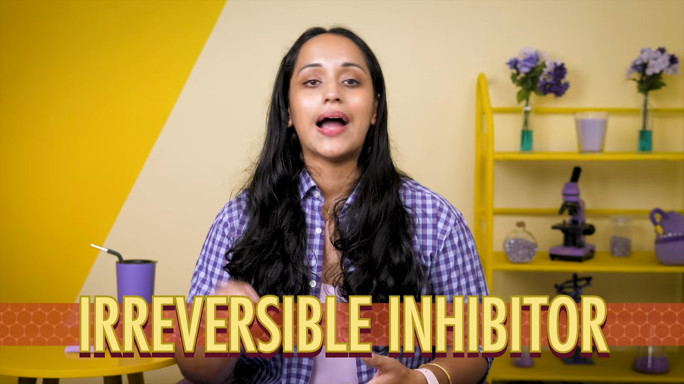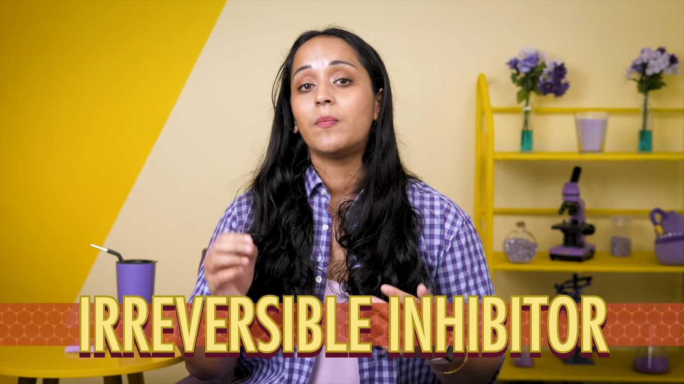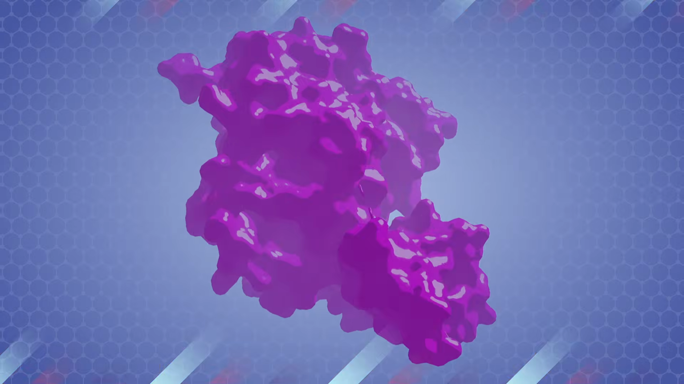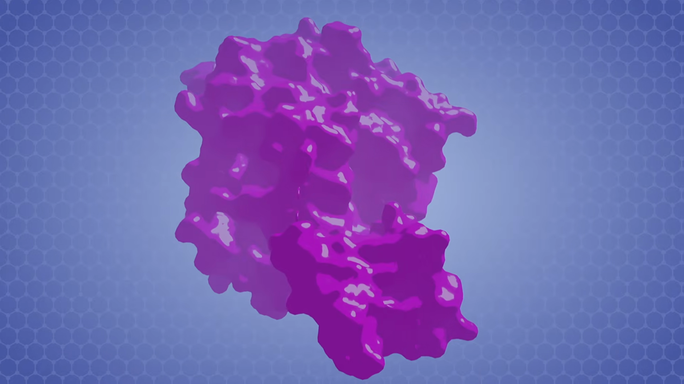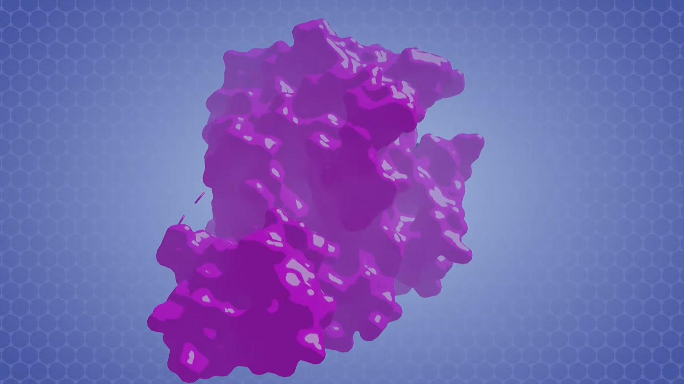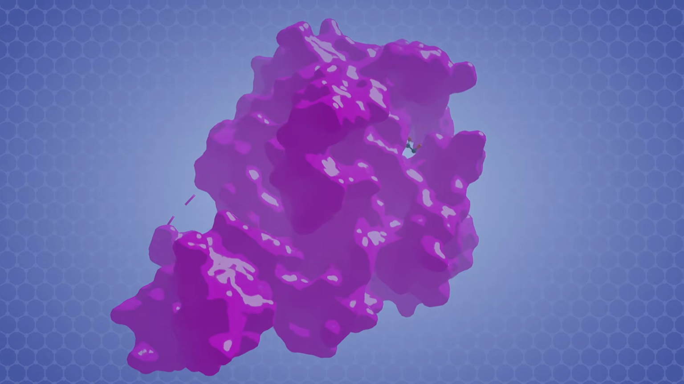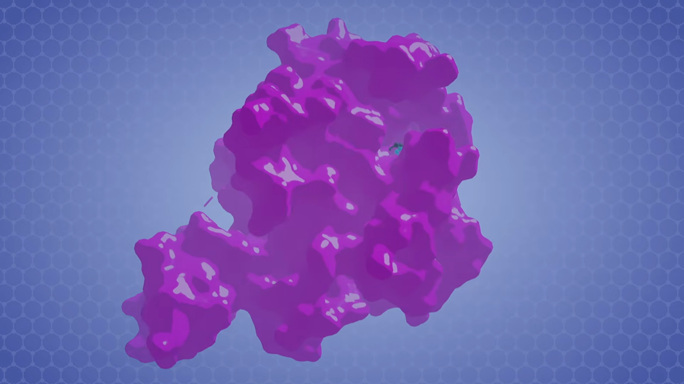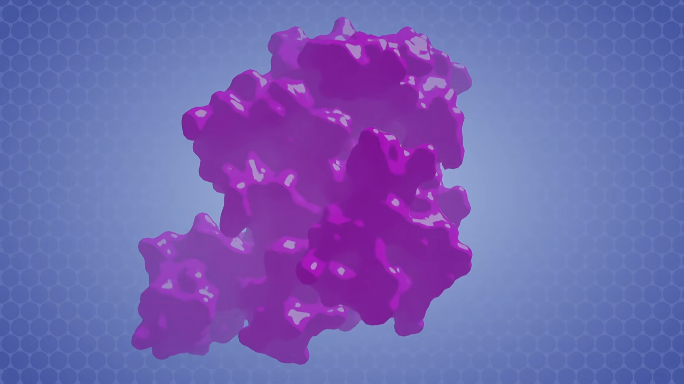Bye-bye, bacteria. An irreversible inhibitor binds to an enzyme active site, permanently deactivating it. This is what penicillin does to the transpeptidase enzyme, by forming a covalent bond. Here's the 3D structure of a transpeptidase enzyme irreversibly inhibited by penicillin. This is the protein surface, and we can catch a glimpse of penicillin shown as a ball and stick structure